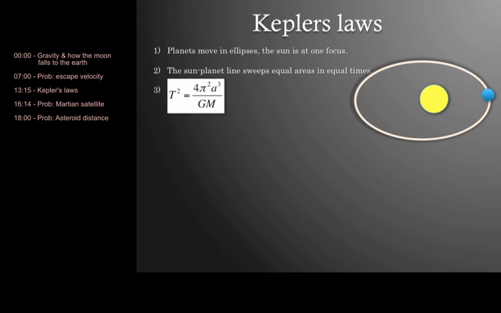All right, so before Newton, there were a bunch of other people who were interested in seeing how the moon and Jupiter and Saturn and all of their moons behaved, and being able to describe their motions. And Kepler built on Copernicus' theory, and he came up with these three laws. One is that planets move in ellipses, and the sun is at one focus. So if you have an ellipse,